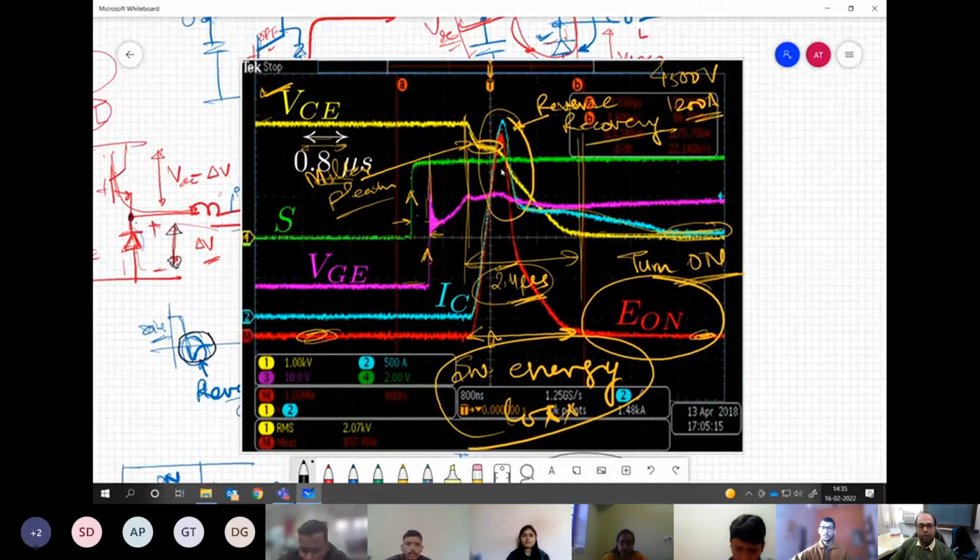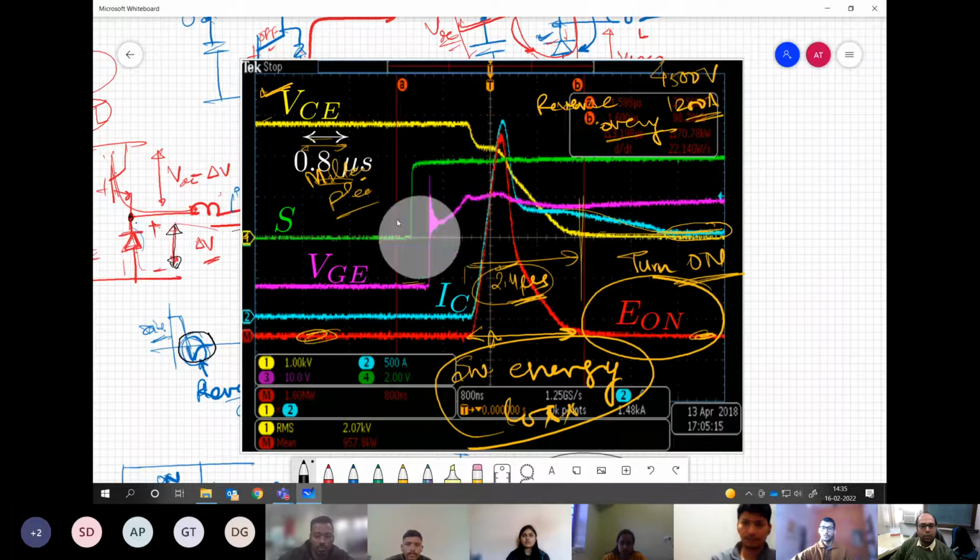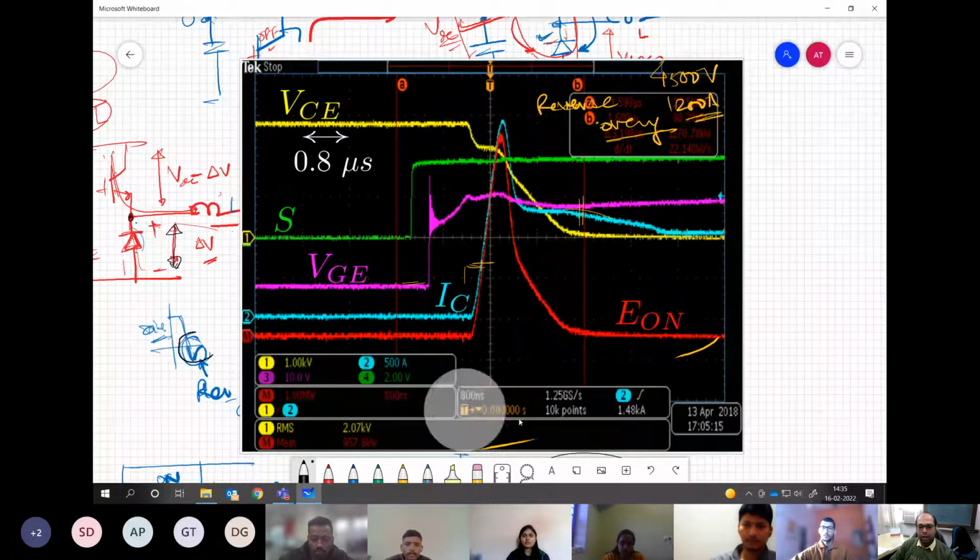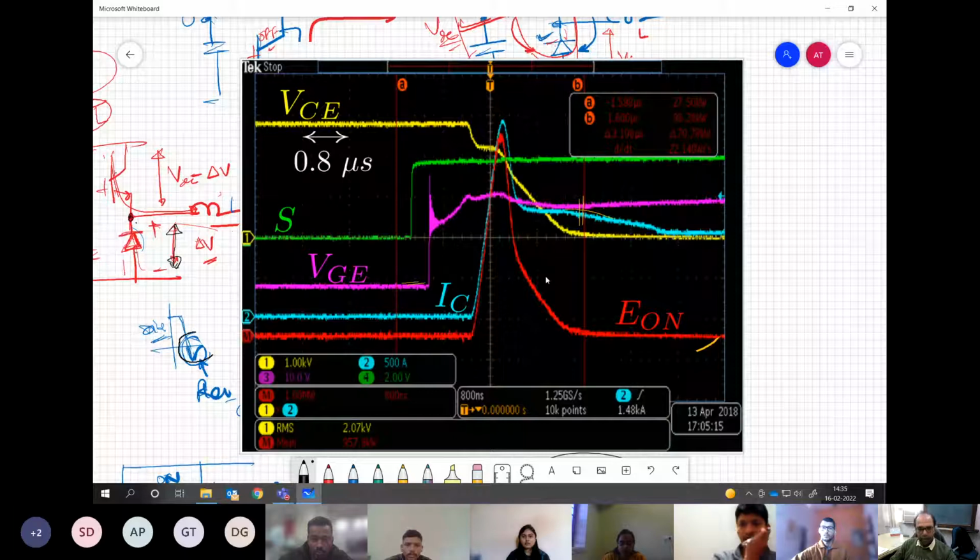The same thing we have seen over here when we captured just an instance of turn on for the device. VC is initially high, and once we apply the gate pulse, the gate signal which is this signal S, it does not change anything immediately in the system because every system has some lag. Only after a certain time the gate emitter voltage has changed to a certain value, and once it stabilizes to a normal value, then VC starts dropping. It doesn't fall to the zero value or the very minimum value directly. It stays for a certain time in the middle, and this is called the Miller plateau,